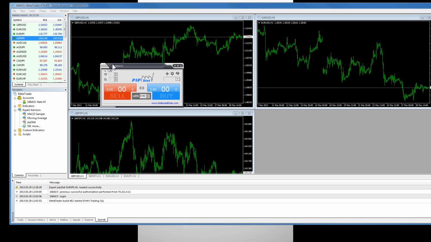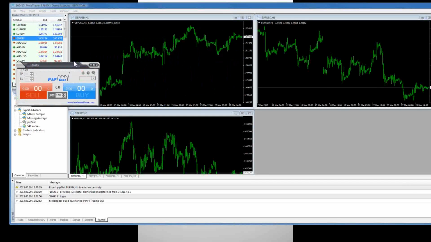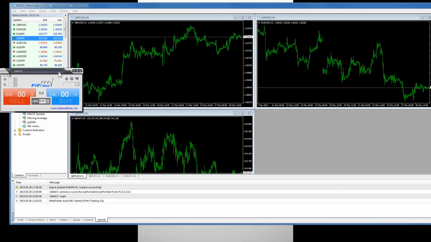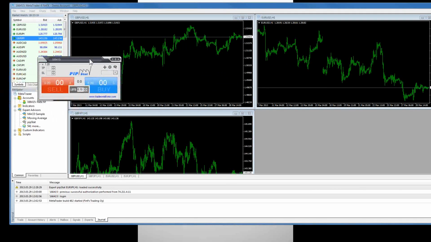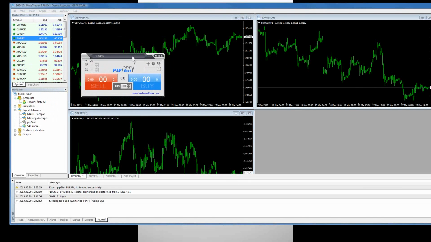You really have to disassociate yourself from your feelings, your emotions. You've got to kick them out, and you've got to look at it as a business. You've got to look at all your trading as a completely separate entity, a separate business, and pull your emotions out of it. One nice thing that I really like about Pip Stat, and this of course is a floating tool, is that it does a very good job for new traders of getting all of that out of your mind.